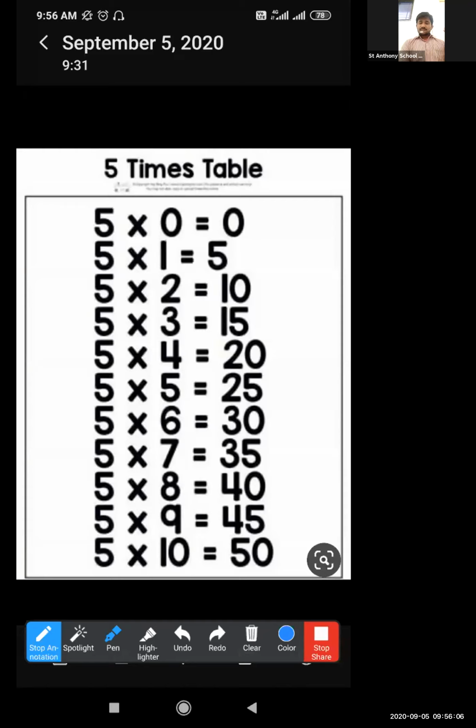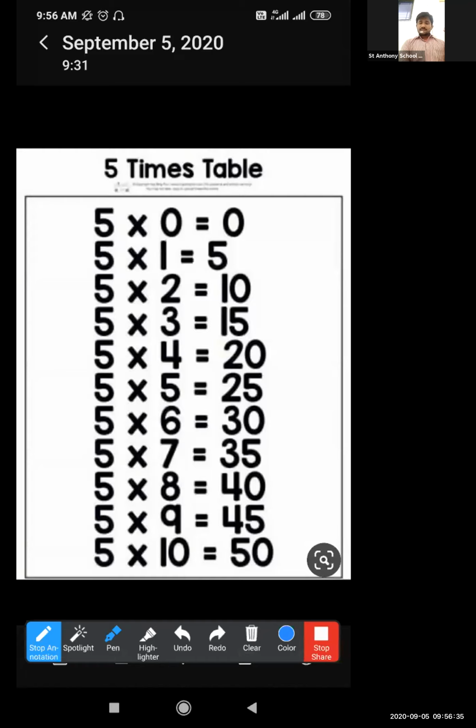Getting my point? So you may have understood how the tables have been made. When we say 2 1s are 2, 2 2s are 4, 2 3s are 6, 2 4s are 8, right? This is the way the tables have been made. If you add the numbers again and again, 1 time, 2 times, 3 times, up to 10 times, this way the tables have been made.